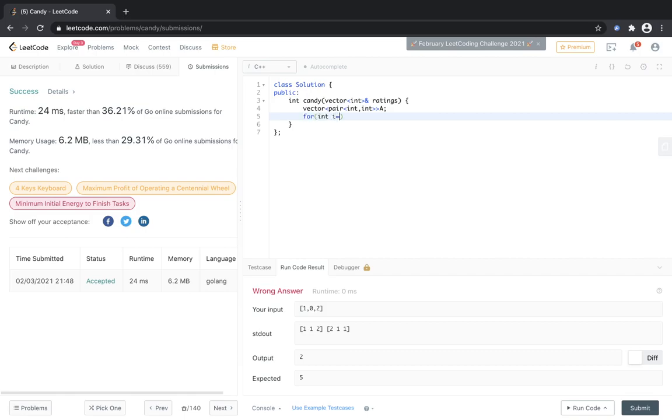then for int i equals 0, i less than n, i plus plus. What is n? It is actually ratings dot size.